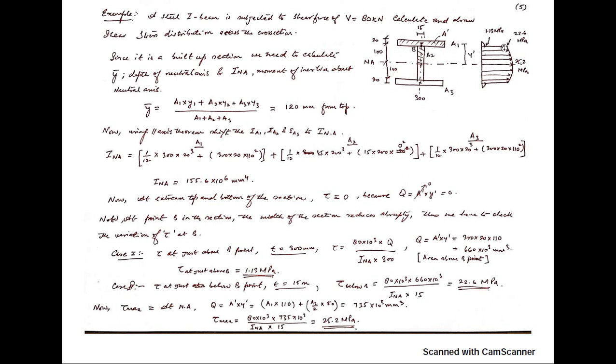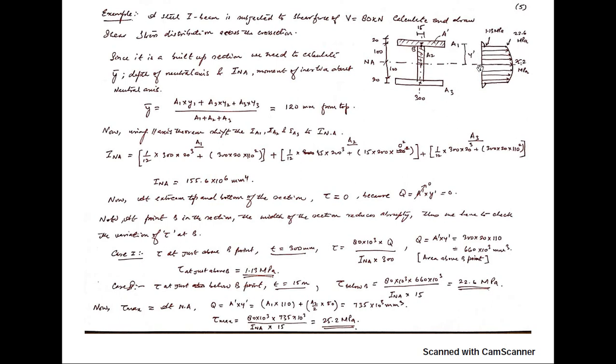This value and this change are very important, because they will help you in designing the welding here. In the higher classes you will see how to calculate the length of the welding, or if you are making this out of wood, how many nails you are going to use to counter this shear stress difference. So this shear stress difference you have to calculate. Everywhere the section changes you have to do this, because there we have to see the variation in the shear stress, and the abrupt variations are very important.